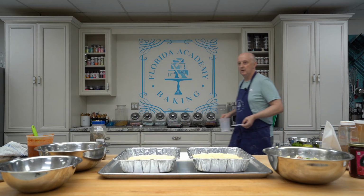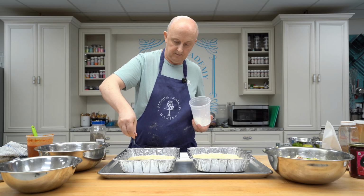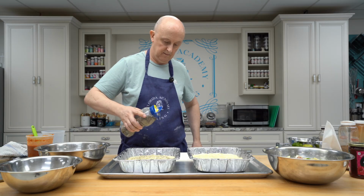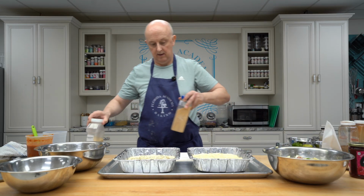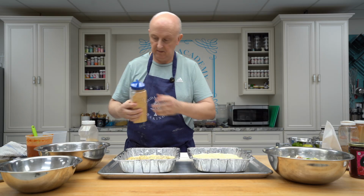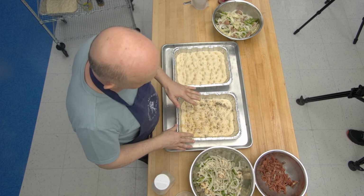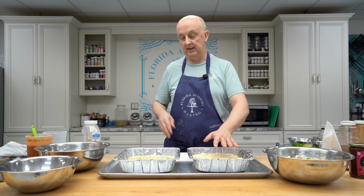I need to get some of the... I have some nice coarse salt, so I'll just put a little bit of this over. We'll get some pepper. And we'll get some garlic granules. And I'm going to go also with a little bit of the onion granules. So now that I have my flavor profile down, I'll apply my meat, but before I do that, so I don't get my fingers dirty, I'm going to do my exact same seasoning on this. So for the Italian sub,